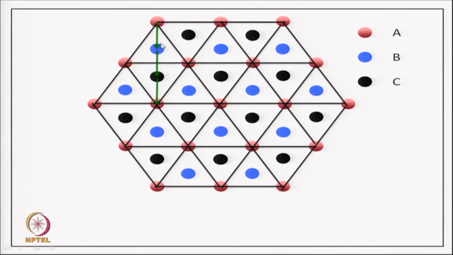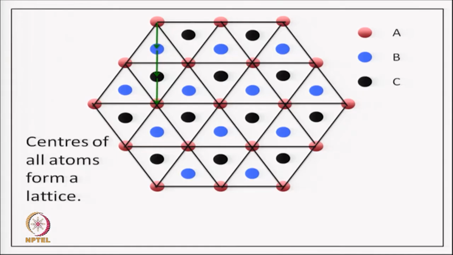This analysis, of course, we have done only in one direction; you have to see all neighbors. So, you can repeat this analysis in other directions for other neighbors, and once this is done, it is found that all centers of all atoms are equivalent in the lattice sense, and so they form a lattice. This is a very, very important conclusion, and this makes this ABC ABC stacking sequence very distinct from AB